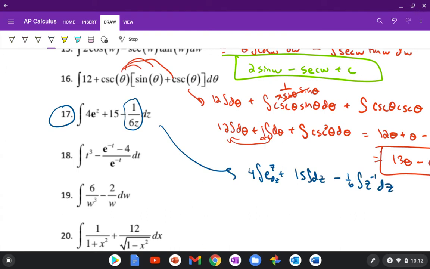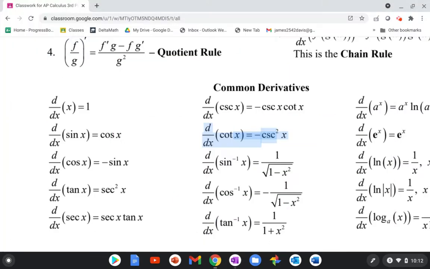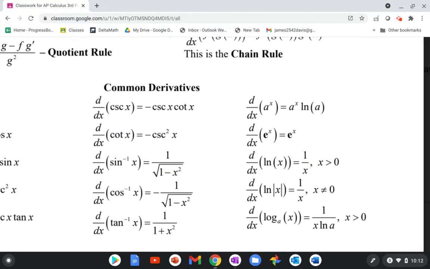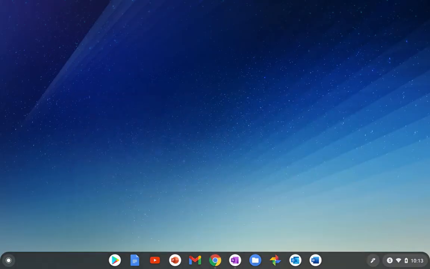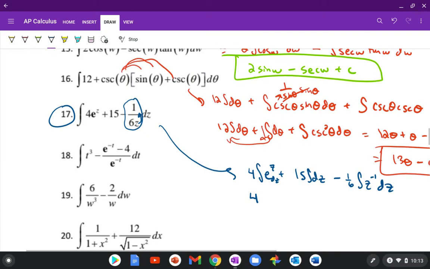So hopefully you're tracking there so far. Again, I just pulled out 1/6 and then I took that z up and made it z to the negative 1 power. Okay, so then for integral of e to the z, if you remember in our derivatives, the derivative of e to the x is just e to the x. So the opposite would be true. The integral of e to the z is just e to the z. So this is just going to be 4e to the z plus, this is just 15 dz, so that's 15z